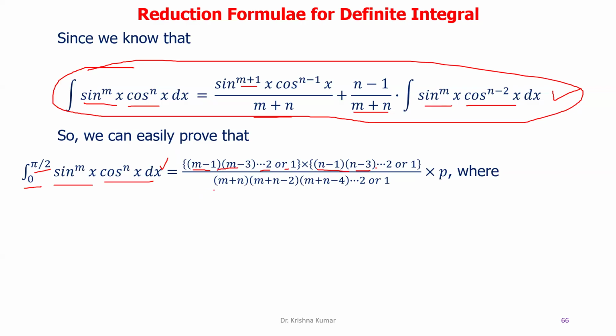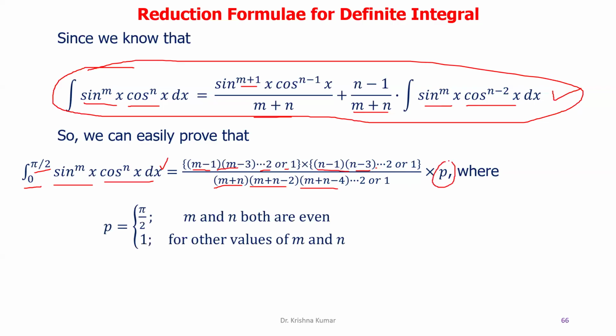The same thing is in the denominator: m plus n minus 2, m plus n minus 4, m plus n minus 6, m plus n minus 8, and so on. Again, the last value will be either 2 or 1 according to whether m or n is even or odd. And this is multiplied by p,